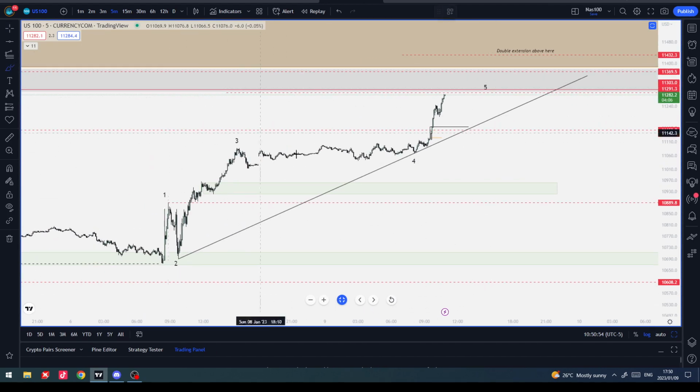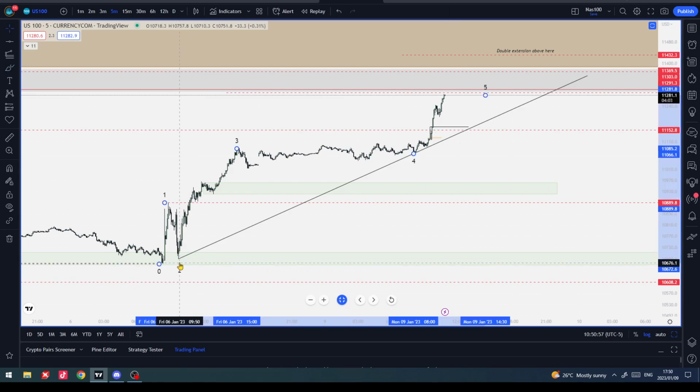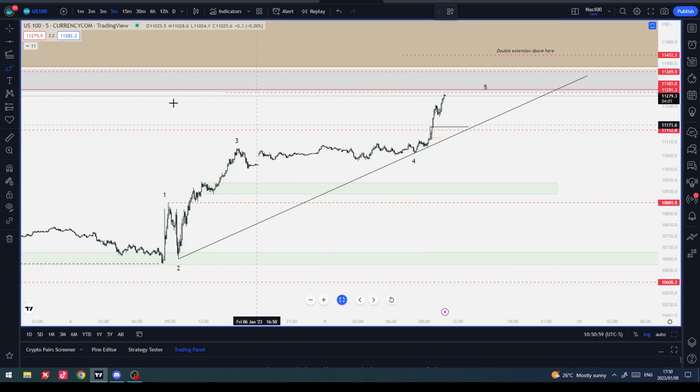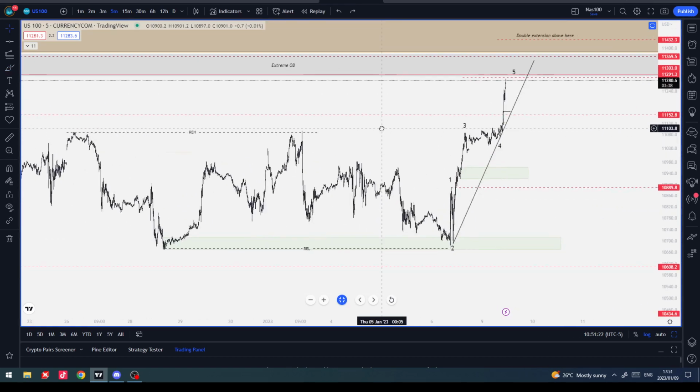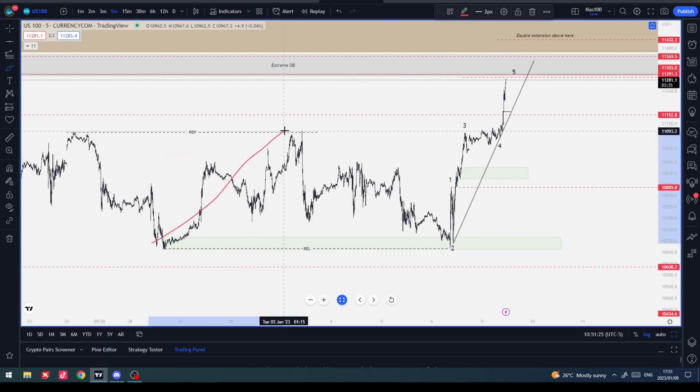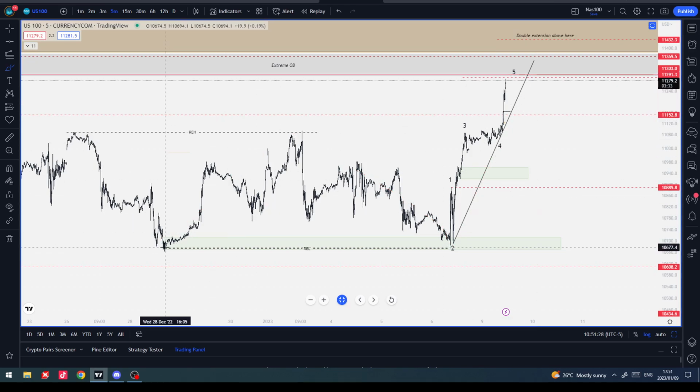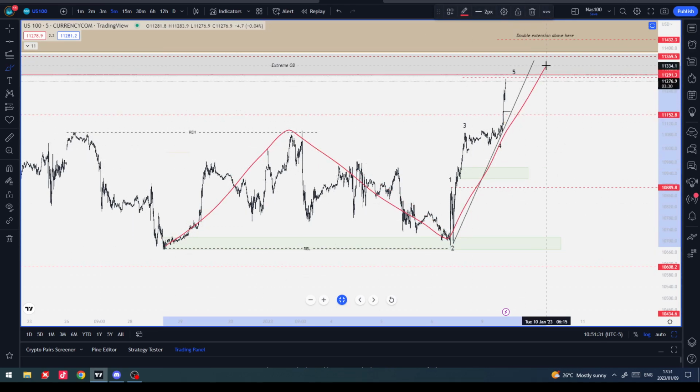Either way, the end result should be the same, where this is a 1, this is a 2, this is 3, 4, and then they'd count this as all of this is 1, this is 2, this is 3, this is 4, and this is 5, right? Ending diagonal fifth wave. Either way, whether you want to count this as W, X, A, B, C, Y, or whether you want to count this as 1, 2, 3, 4, 5, both ways end up the same and give us the same sort of pattern, which is either the 3, 3, 5 flat or an A, B, C neutral triangle with the D and the E coming in.